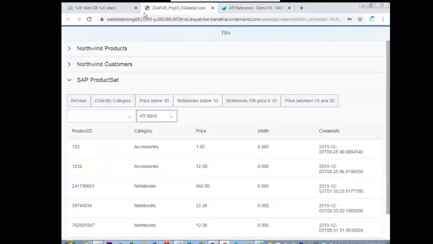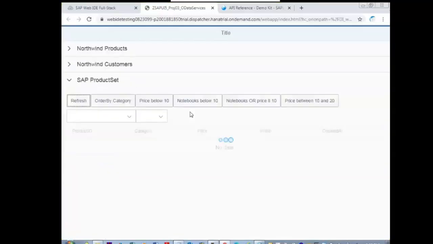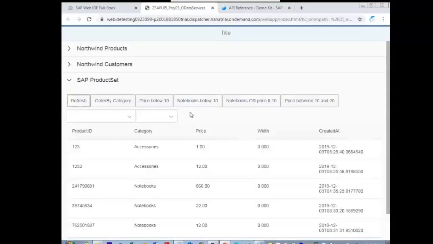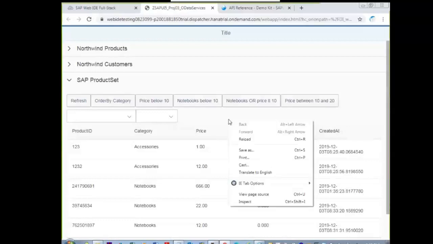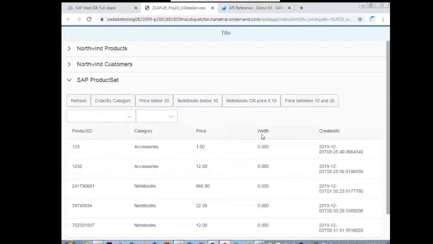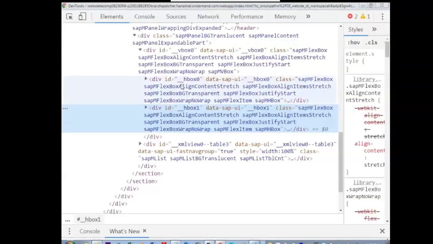In the browser output, right click anywhere, inspect.